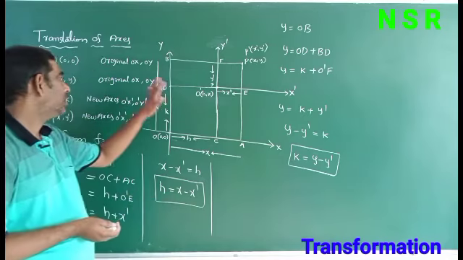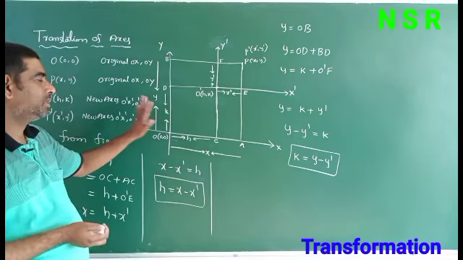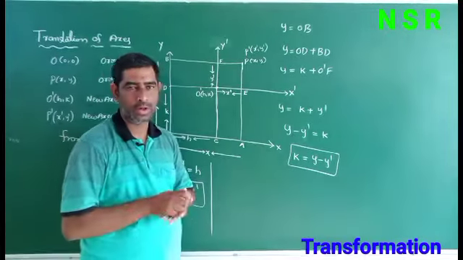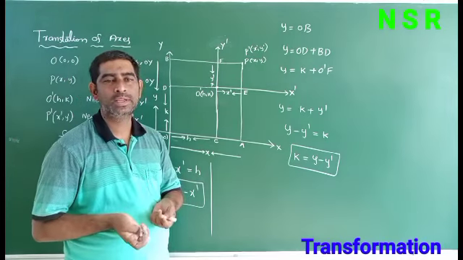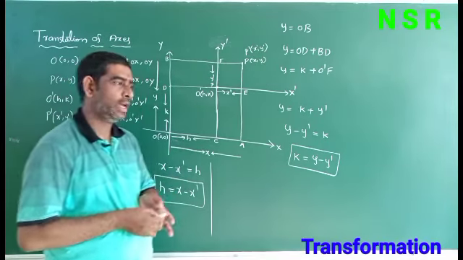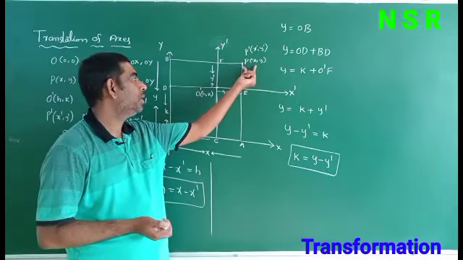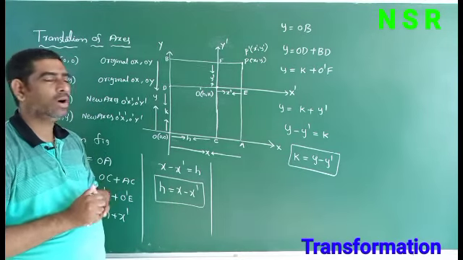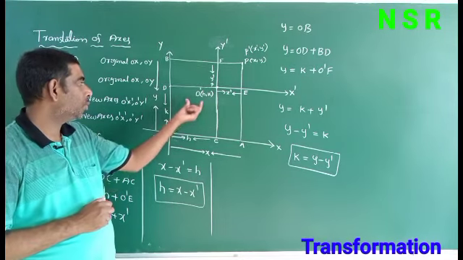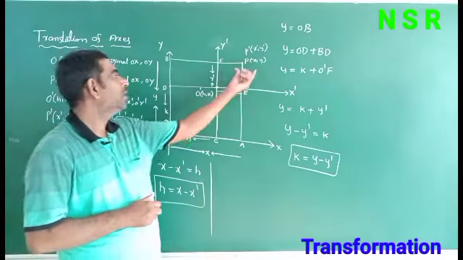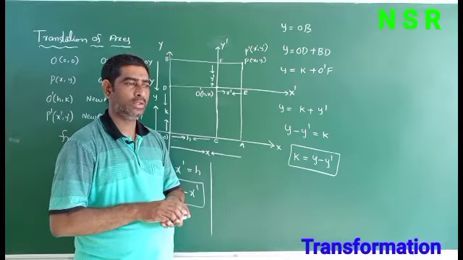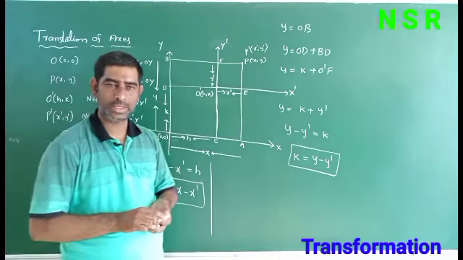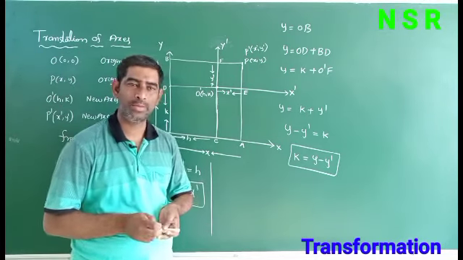So you don't need to remember all these points, this table and this diagram. Just remember the h formula and the k formula. So h is equal to x minus x dash and k equal to y minus y dash. You remember these names: P means position point, O is origin, O dash means origin shifted point, P means position of a point. So remember these names and these two formulas: h is equal to x minus x dash and k equal to y minus y dash.